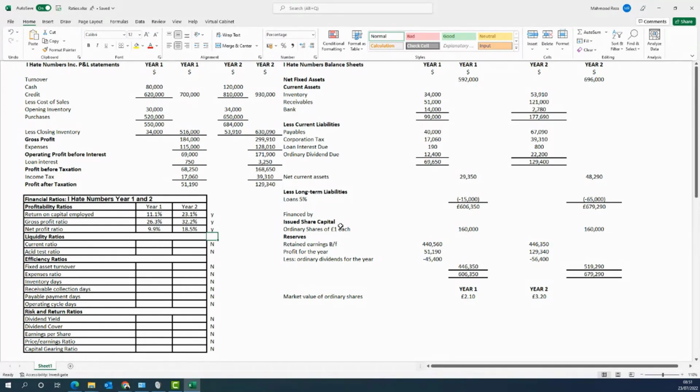Now, what does this actually mean? First of all, as we can see by the actual numbers employed, the business has gone through a period of growth from $700,000 worth of sales to 930. We would expect to see some degrees of what's called economies of scale. So some of those expenses will be spread over a larger base, so we get those efficiencies coming in. We might have better purchasing power. If we're manufacturing, the more upscale the manufacturing is, then we're going to get those economies and efficiencies coming in. So a number of reasons have contributed to that,